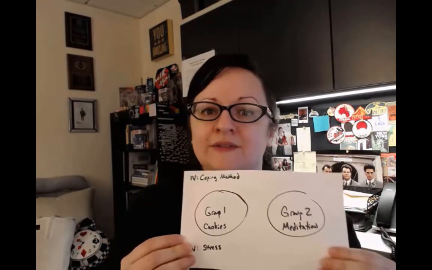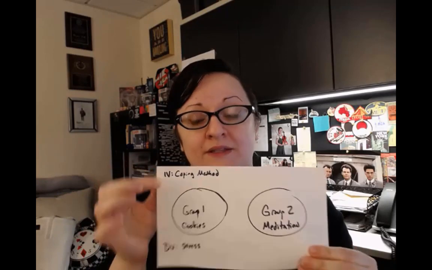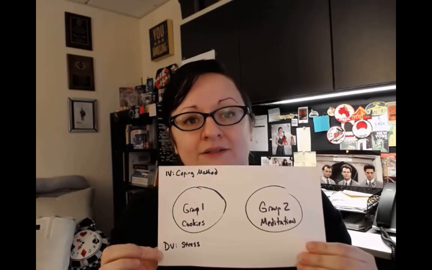So for our example, I've created a fake experiment that would not fit for our class, and that way nobody can use that design in their papers, but is still a great way of showing you how to write a good methods section. So the study that I've designed is, I'm interested in which coping methods most dramatically affect people's